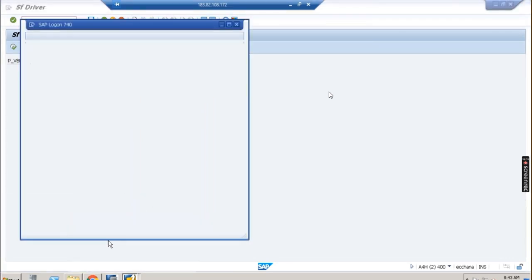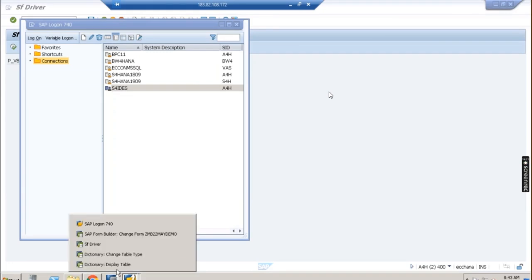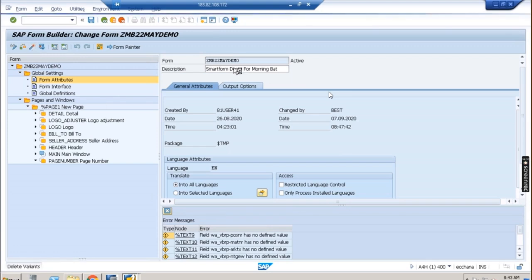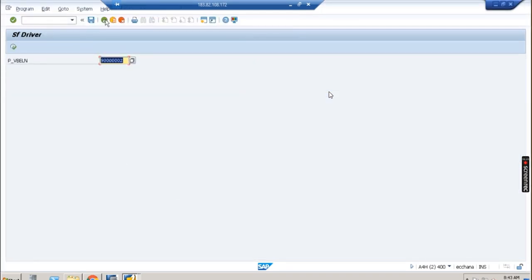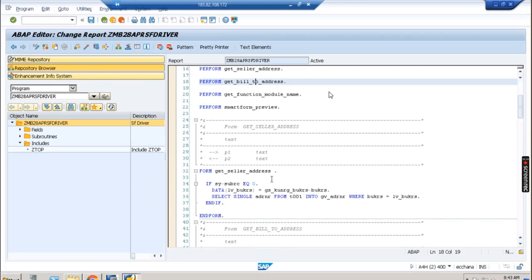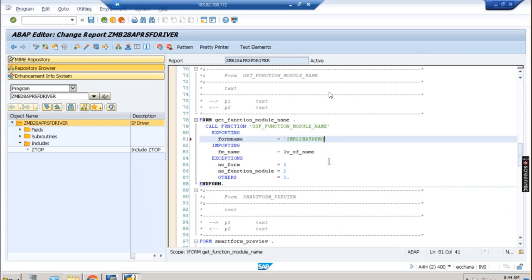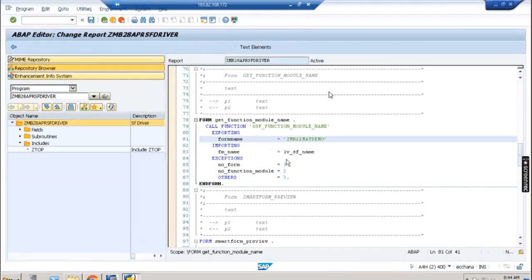Okay, go to this Smartform and we'll also activate this Smartform. Come to the Smartform builder. The Smartform is also activated. And then why is this Smartform not working? Because the Smartform name is different, right? Here in the program we have given that different Smartform name. So give the correct Smartform name, because the system we have changed. Put in this name, save it, activate it, run this,